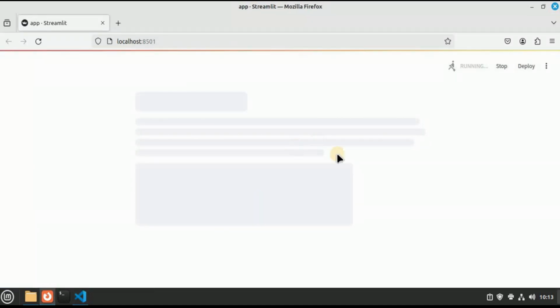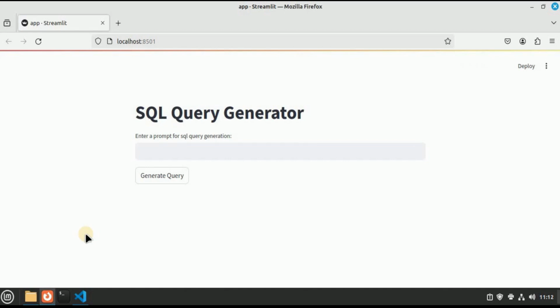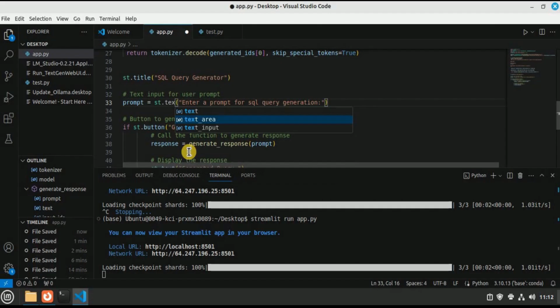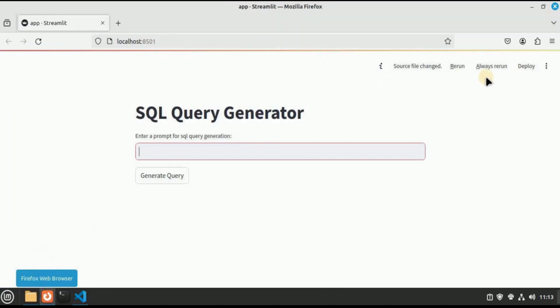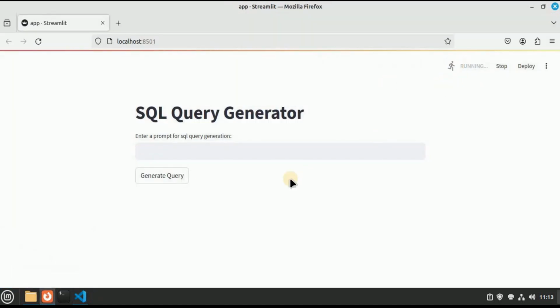Alright, so the browser is open. Here is our application's front end. You can see that this is the title. Here we have the text input where we're going to write the prompt. Okay, so I am thinking of changing this text input to text area because the person might have a bigger prompt. So let's change it. So here, in place of text input, I'm going to select text area. Everything else will be the same. Now I'm going to head back to web browser, refresh the application to view the changes. Yeah, this looks much better.